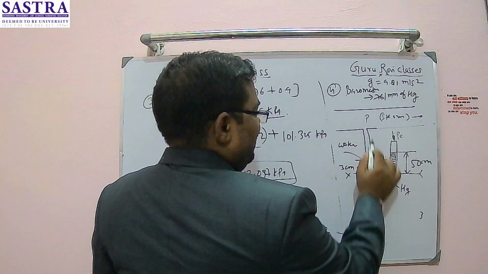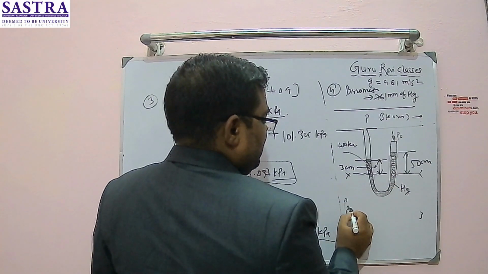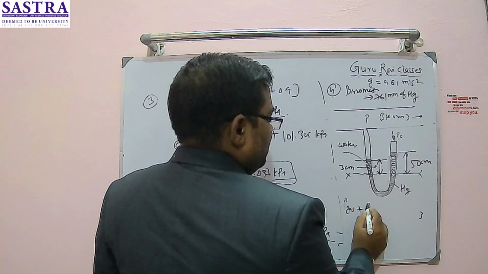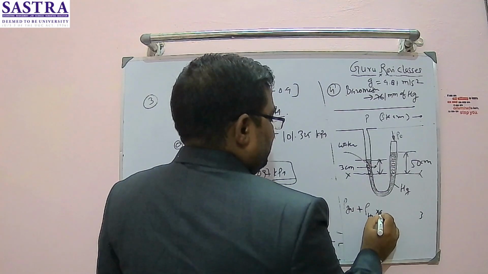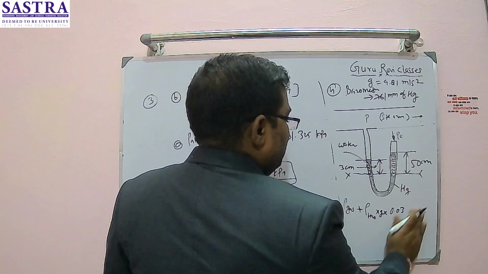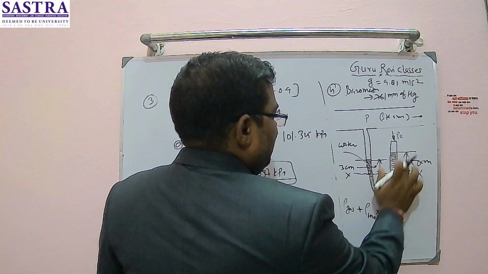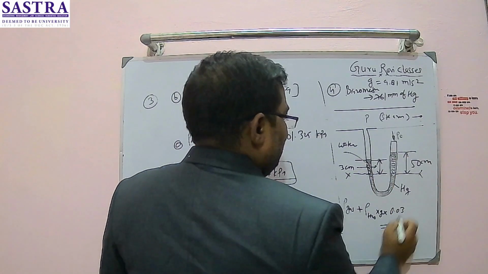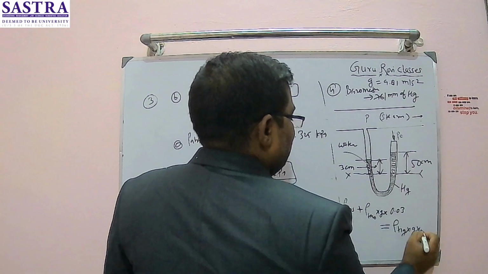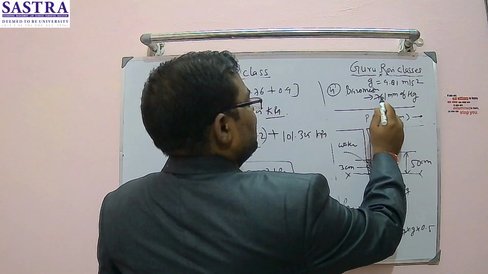Focus on this left limb, right over this x-axis. So I can write P of gas, that needs to be calculated, plus the pressure due to this water, which is filled for 3 centimeter. So density of H2O into g into h, where h is 3 centimeter, in meter I will write 0.03. Now on the same reference line, this side, the pressure is equal to density of mercury into g into 50 centimeter, that is 0.5 meter, plus atmospheric pressure,